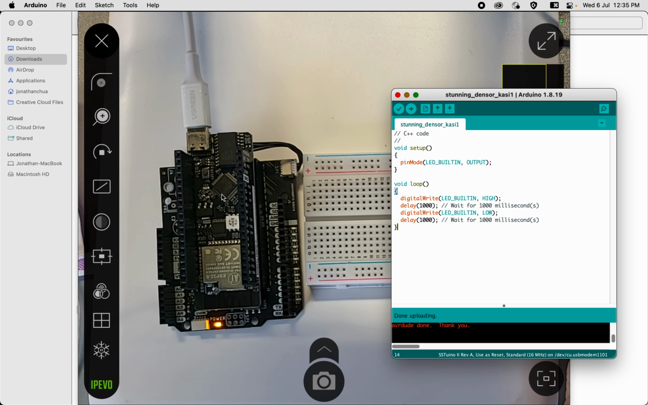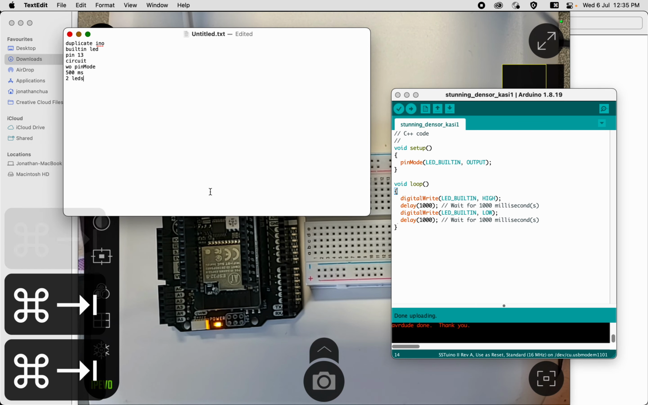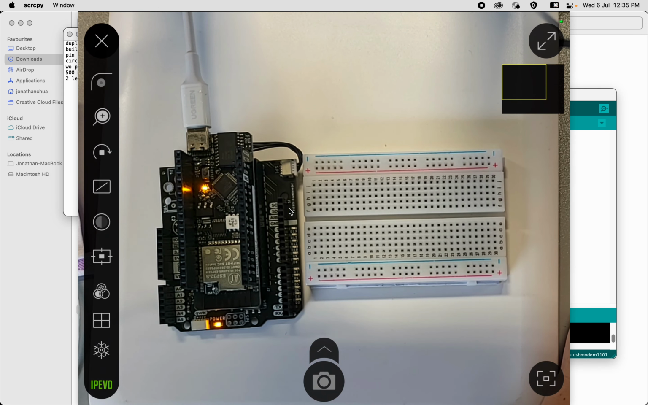Okay, so once this is flashed in, you can see the built-in LED is lit up. Okay, so that is how you are able to program it. So we have programmed this to light up. Okay, next thing that we are going to do is we are going to